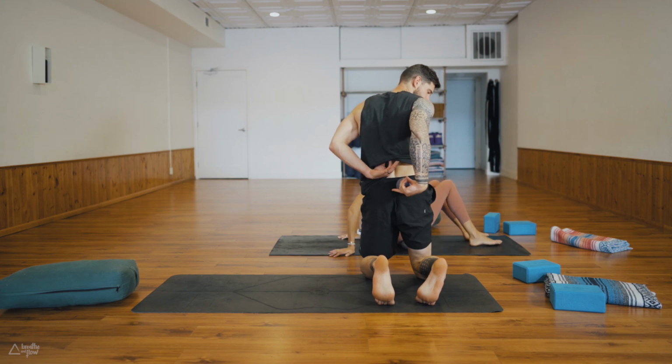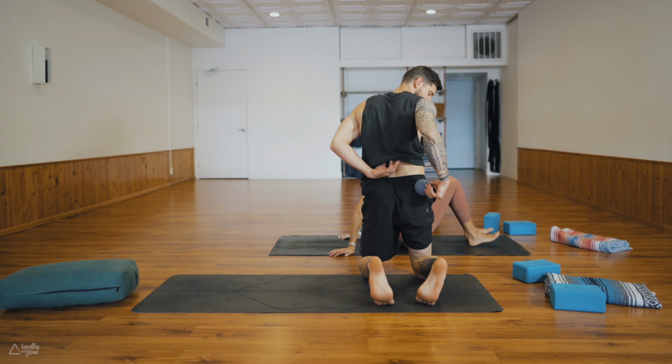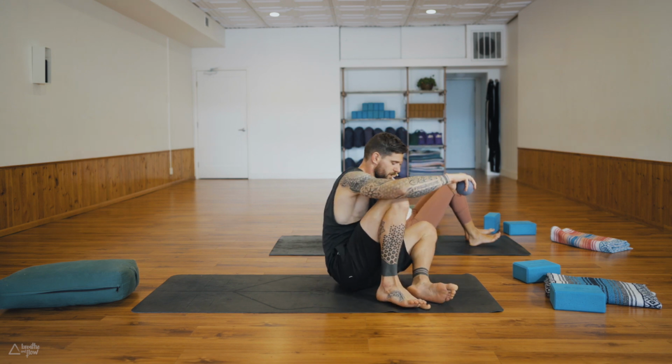So you want to move that ball on that line, right and left. You want to avoid going right in the center on the base of your spine. You want to just keep it on the right side, and later we will do the left side as well. So you have that ball in one hand, you come onto your back,